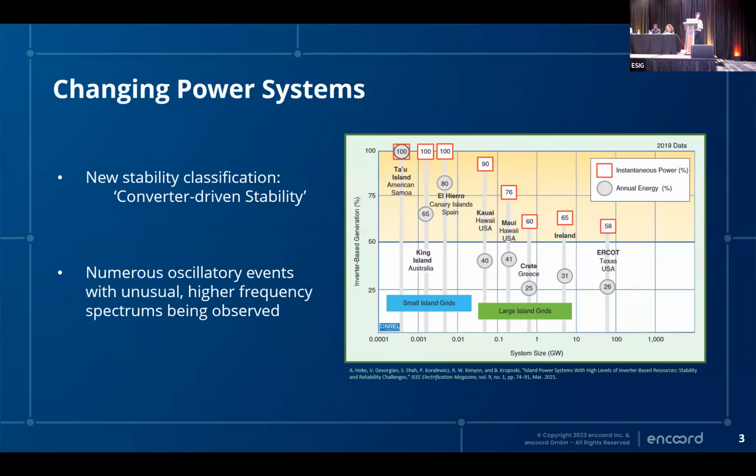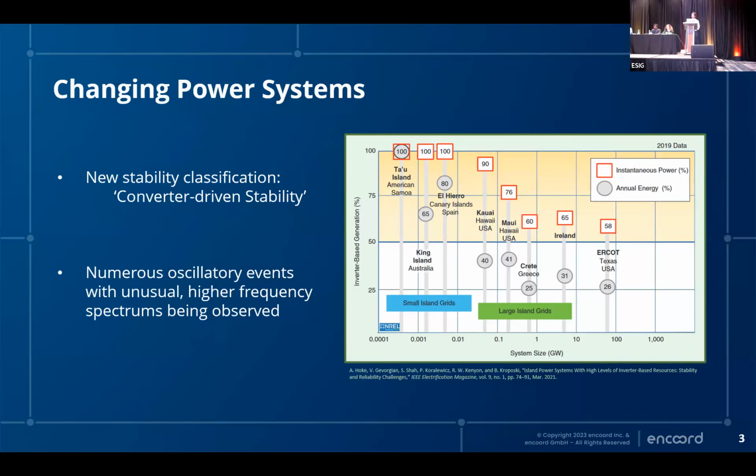So power systems are changing, right? This is why we're all here. I think most of you have probably seen this chart up on the slide, or some iteration of it. It's been updated. This is the 2019 version. I think the 2018 version came out actually in a paper that I wrote way back in the day. So it's exciting, right? We have renewables that are being integrated into the power system. We use inverters to do this, right?